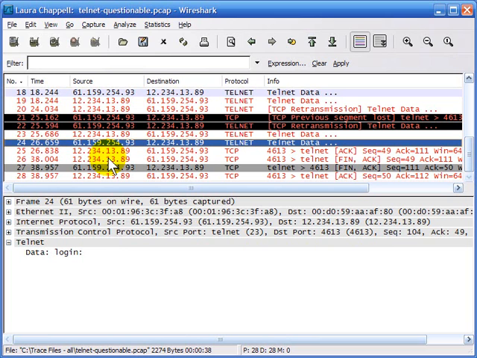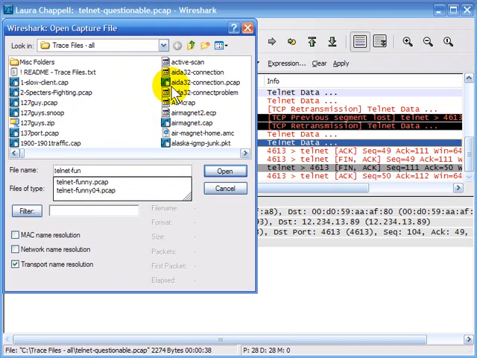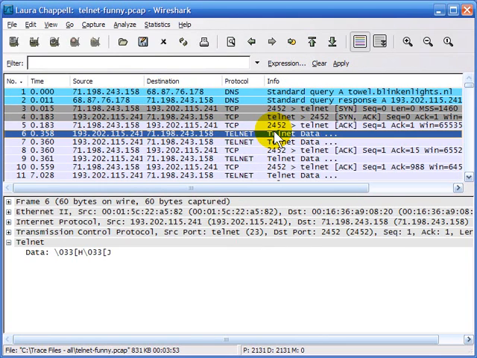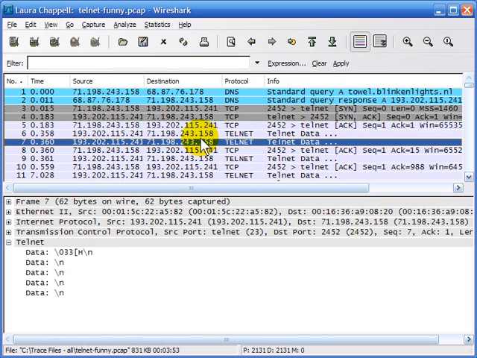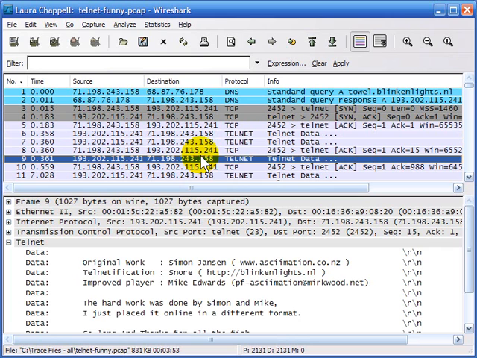Now the final trace file I'm going to open up for you is one called telnet-funny. Now, when we look at this trace file, we see the DNS query go out, and then we see the handshake process. And after the handshake process, we see these really strange characters. Now, these characters are to blank a screen. And we see this blanking a screen, line feed, got acknowledgments,